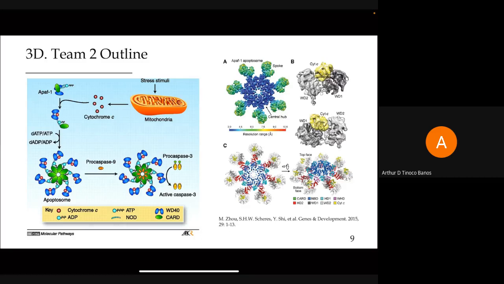To the right of that figure, what you see, from this particular paper, are structures that have been obtained. They look at the formation of that actual apoptosome, and you can see the details corresponding to cytochrome C and how it interacts with APAF1, and all the components that lead to this formation. I know that, to an extent, I was speaking to Jael about helping to contribute to some